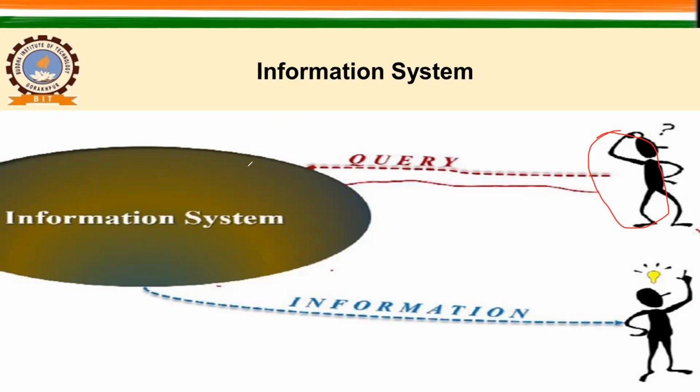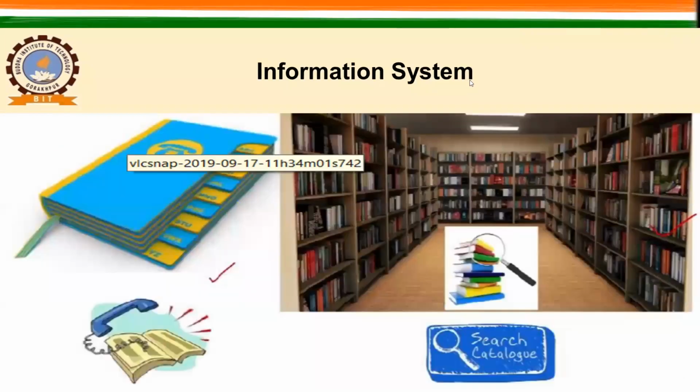Now there are very common examples of information systems. I will show you a very common example. Whenever you want to call a person, you look for the telephone directory. You go to the telephone directory, right? So you have their name, you go to that page, identify the number, and then you call them. That is a good example of an information system.